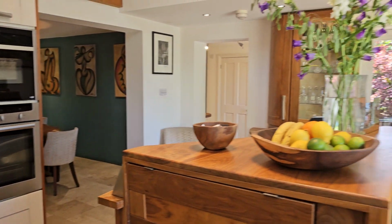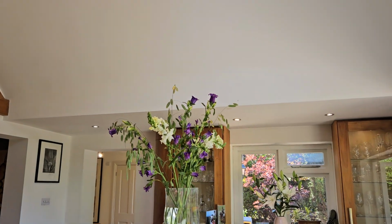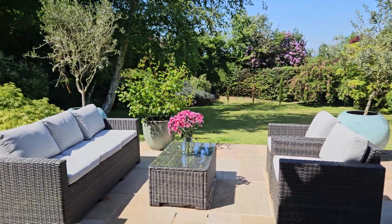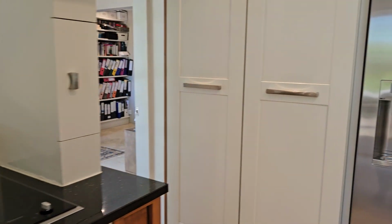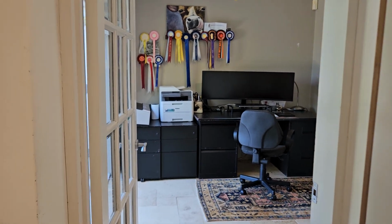That roof just adds to the impressive room, and then out open with the bifold doors out onto the garden, which we'll have a look at in a minute. So yeah, very practical kitchen, great social area linking onto the dining room, and then through